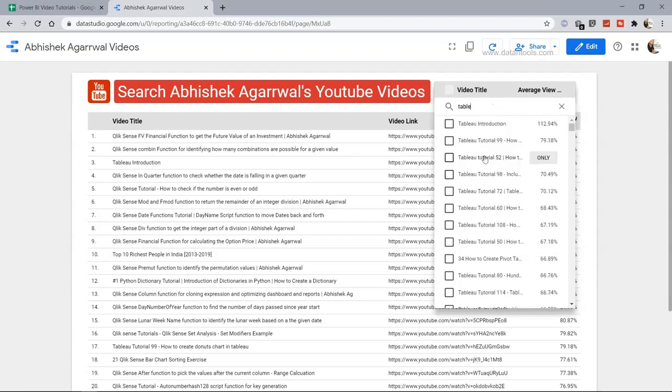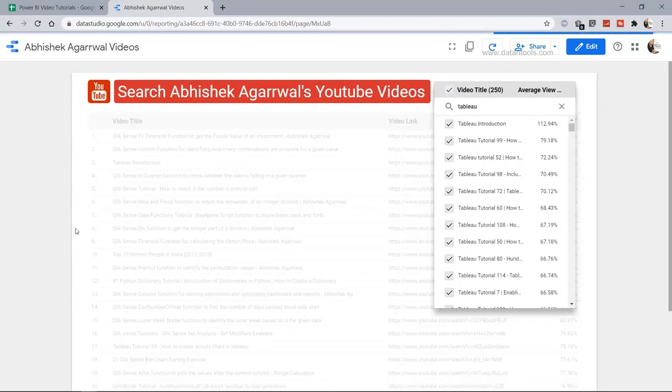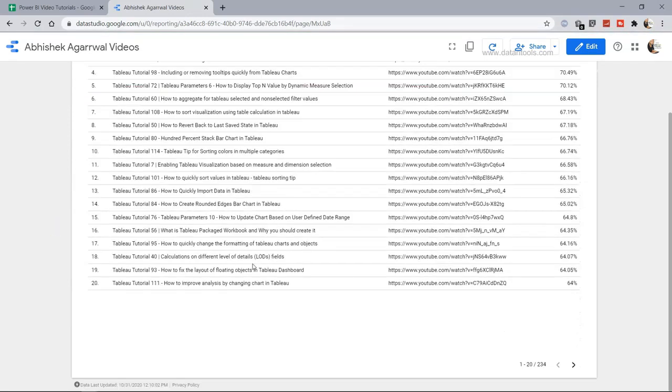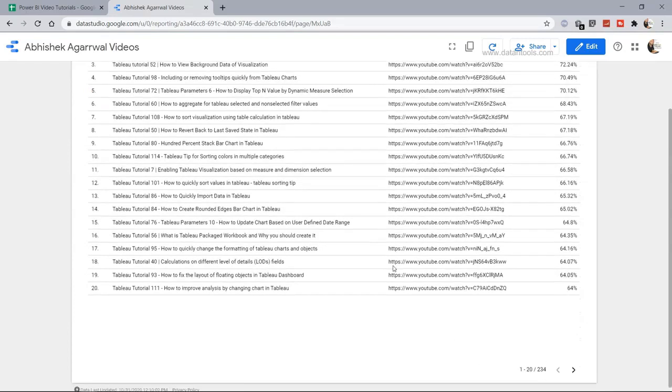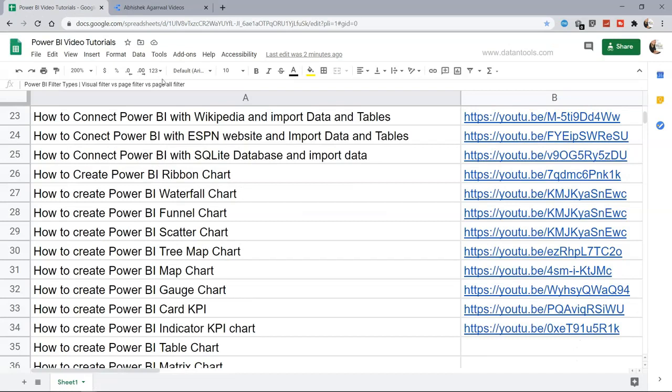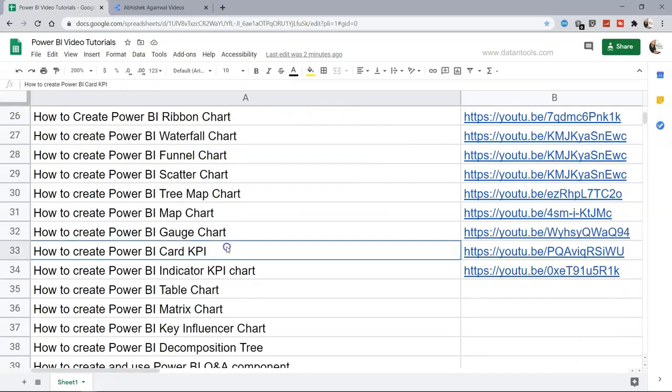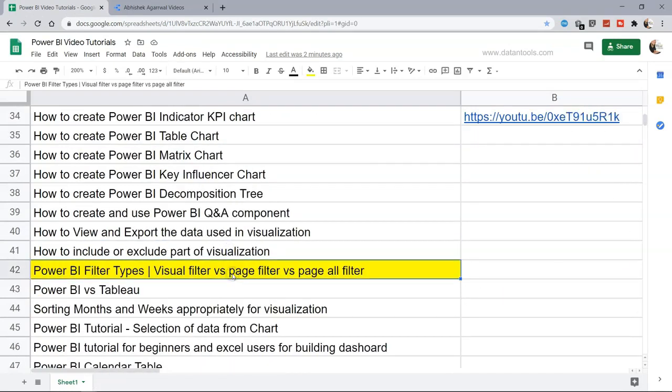For example, if I want only the Tableau specific videos, I search for Tableau, enable this, and it will show you all the Tableau specific tutorials, which is quite a few, 234. So let's go ahead over here and see this particular visual filter. I just wanted to provide you a quick info if you want to look